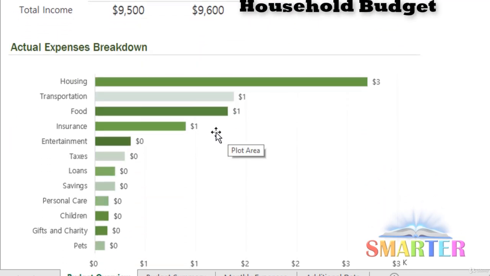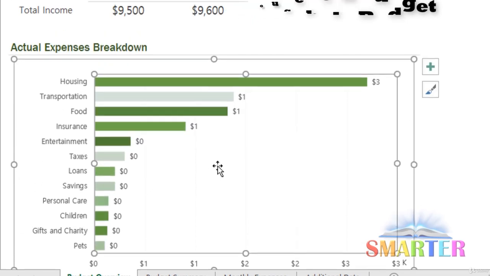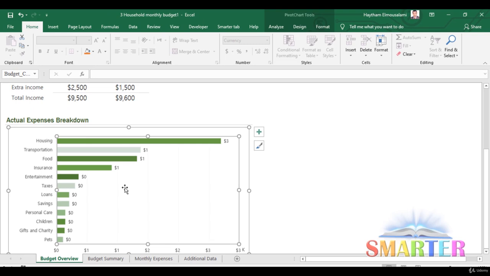Also, you will find an awesome chart about your actual expenses breakdown, about housing, transportation, food, and so on. This is a great template about the household monthly budget. I hope this template